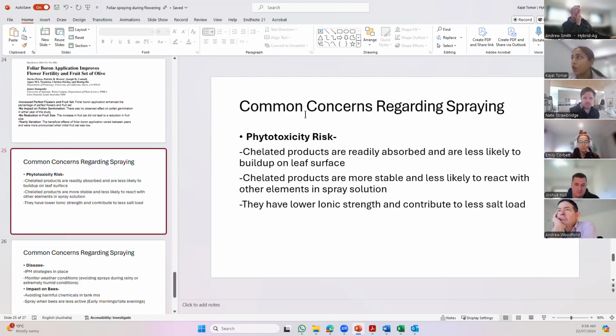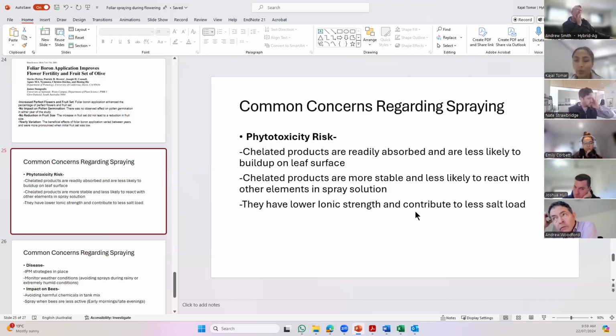Let's dive into some of the common concerns that I've come across just by talking to the several teammates that we have. So phytotoxicity risk is something that we come across from the growers. Chelated products, as we talked about, have a low salt index. It comes with carbon. They are highly mobile and more stable. So once you apply them, compared to non-chelated nutrient products, they are less likely to build up on the leaf surface. And they have high movement, high translocation rates, and obviously low ionic strength, which will contribute to a lesser salt